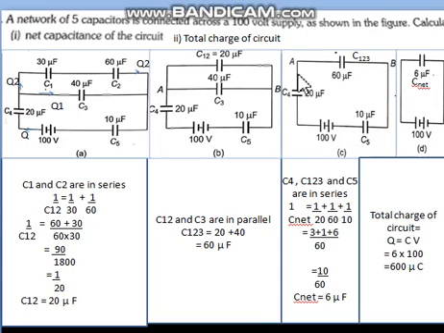That means same charge flows through all the three capacitors. No branch is coming in between. That means no two paths the charge is coming across. That's why these are in series. Series answer is obtained by reciprocal addition. So 20, 60 and 10 are the values. So 1 by 20, 1 by 60, 1 by 10. Let us take LCM. Simplify it. So the answer is obtained 6 microfarad for the C net.